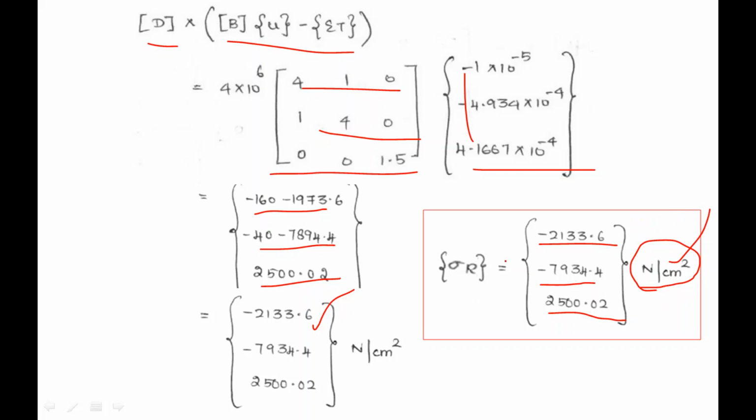So in this example, we have seen how to evaluate the thermal load in a CST element due to the temperature change, and also how to evaluate the resultant stress for the CST element which is subjected to a temperature change. So similarly, this concept may be extended for plane strain problem and the axisymmetric problem. The only difference is the evaluation of the B matrix and D matrix will be different, but same steps we can follow for other two